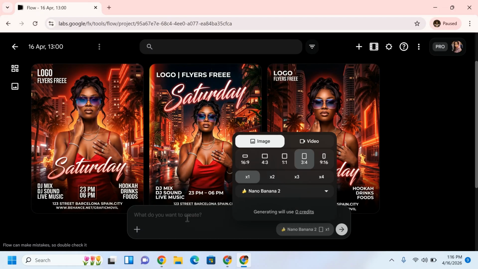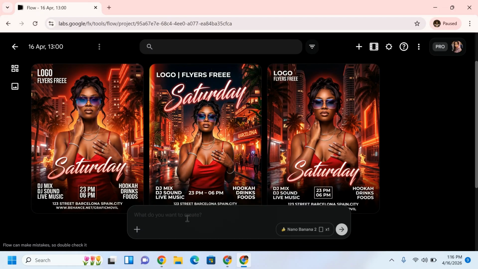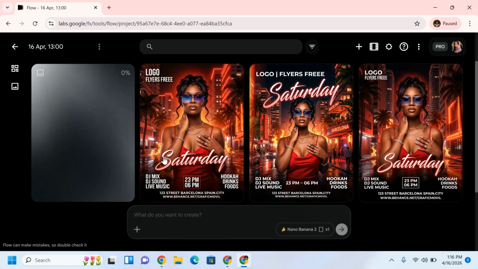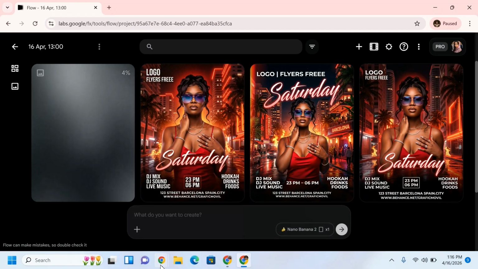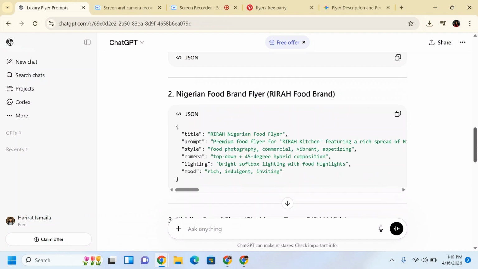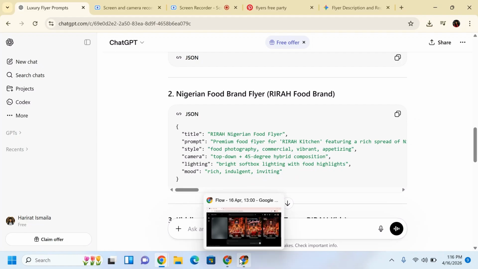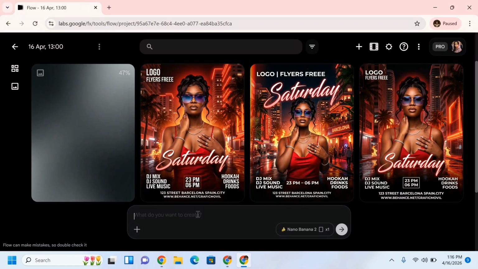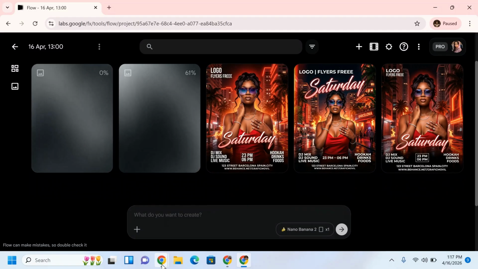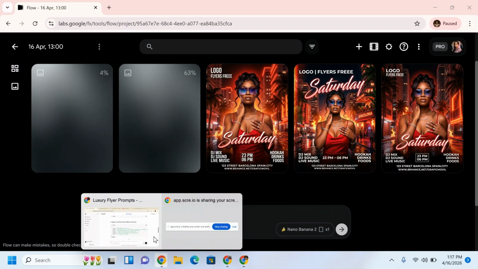So now for your creations, you can actually use any LLM to get your prompts. You can use ChatGPT, you can use DeepSeek, you can use Claude AI, you can use Perplexity. So most times I prefer using ChatGPT and Claude because they really give me an extensive prompt. So I'm just going to stack up